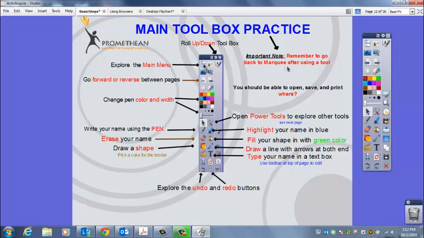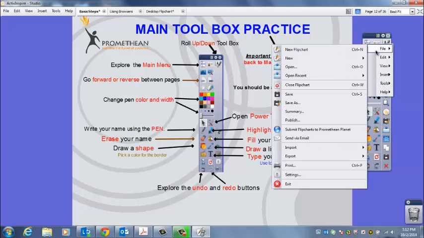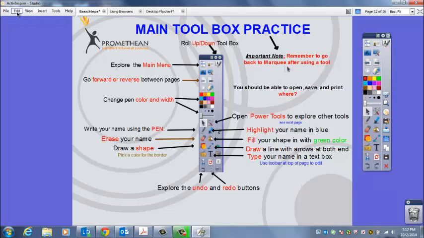So the first one here is your main menu, and if I click on that, it's going to give me all of the file menus that I have over here. So they are the exact same. Really, it's just a matter of preference. You can click either spot, whichever you prefer. Underneath that, I have my desktop annotate button that we're going to go into a little more detail on here